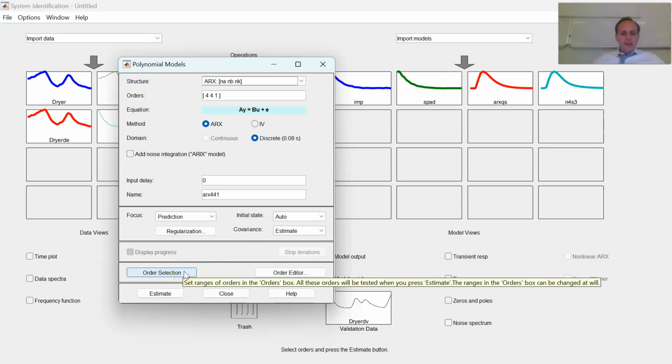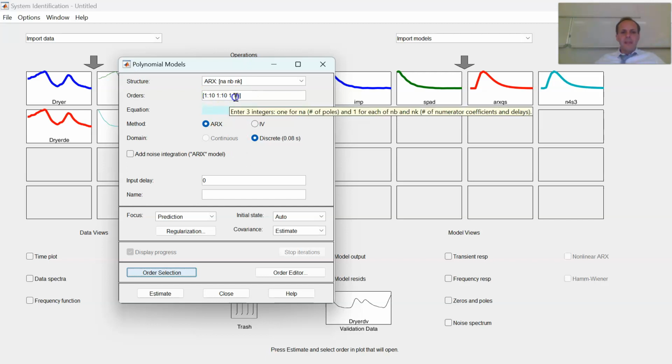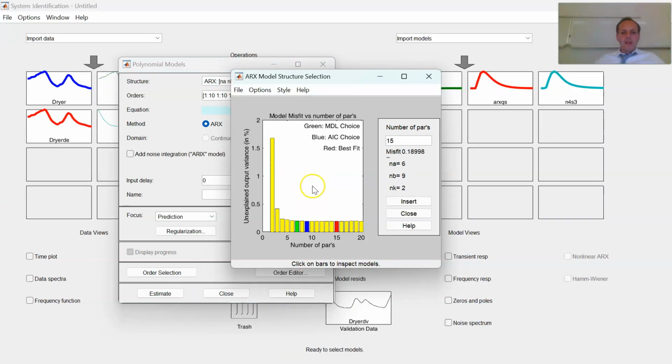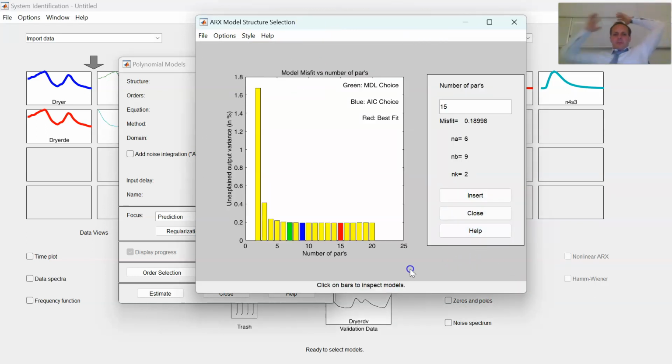And if you click here, order selection, you can see that it tries to estimate all the models. It means it's trying to combine all the possible values between 1 and 10 for N, A, B, and C. If you click estimate now, it takes time, and you can see here that we found